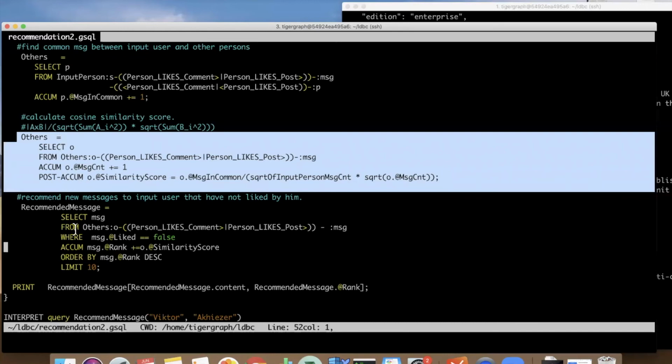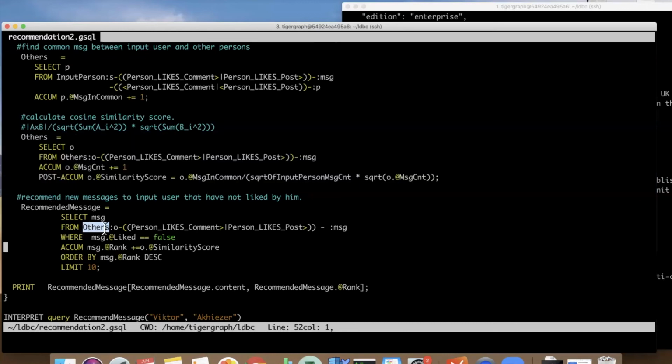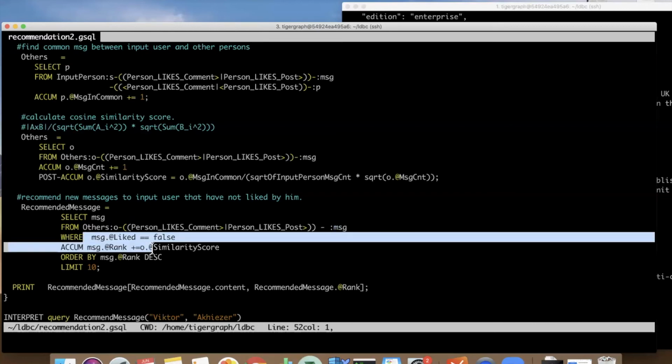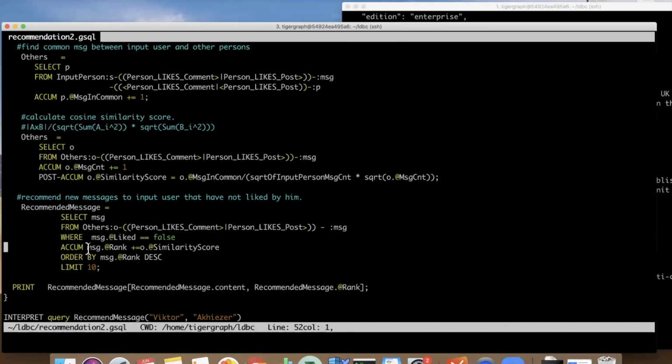Now I'm ready to do the recommendation. So for each person, I go to the other messages, and these messages should not have been liked by the input user A. And then I accumulate the rank. So each person carries a similarity score, and their scores are summed in the rank accumulator. And then finally, order by the message rank descendingly, and return the top 10 as the recommended new messages